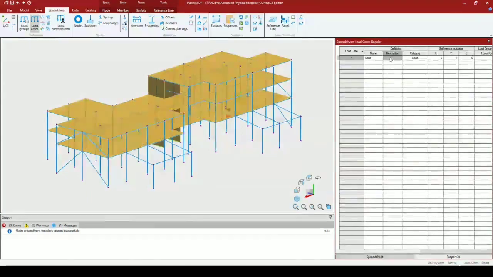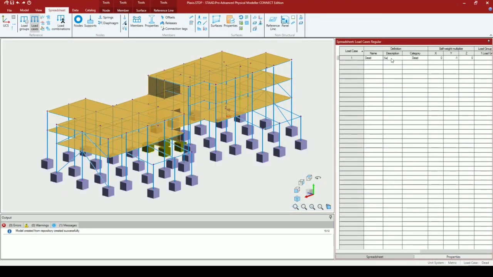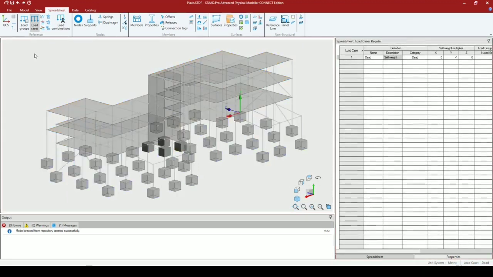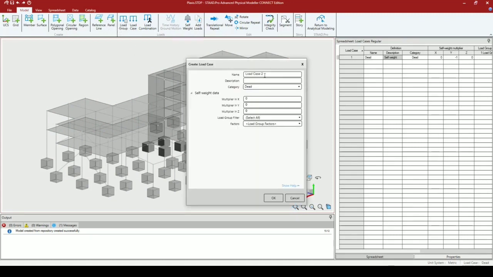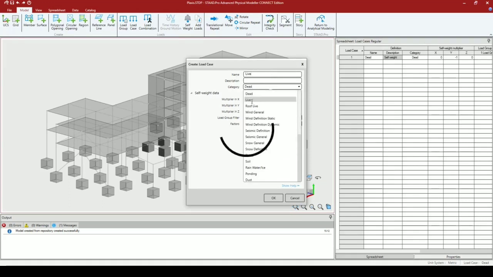The next thing is we want to put in our primary load cases that define the loading in terms of dead and live loading. So, for example, the first load case we're going to include is a dead load, essentially just accounting for the self-weight for a static analysis. And for that, we will apply the loading as a -1 loading in the vertical direction, the y direction. Second load case will